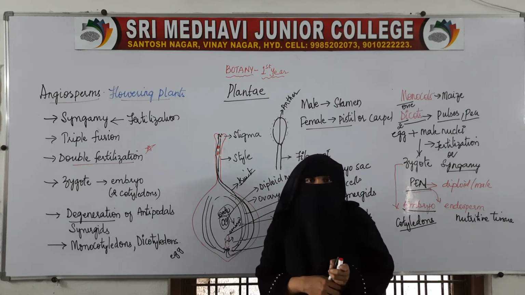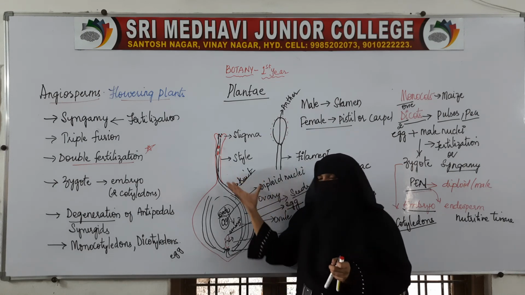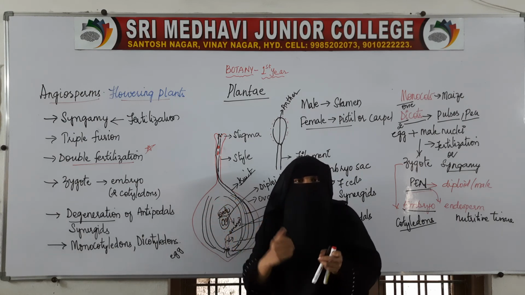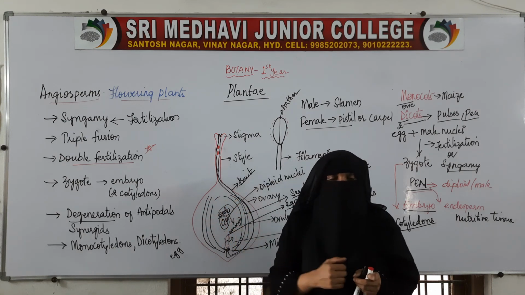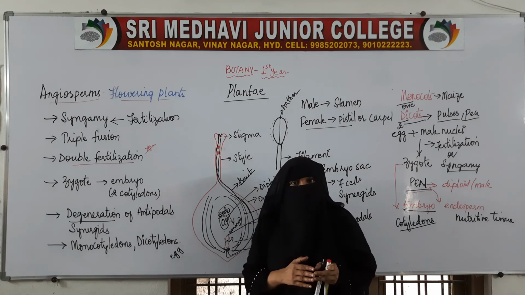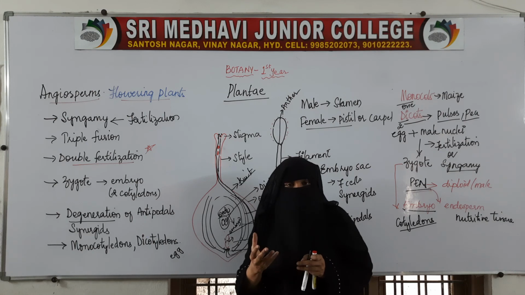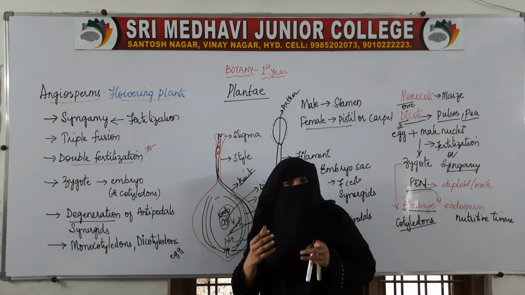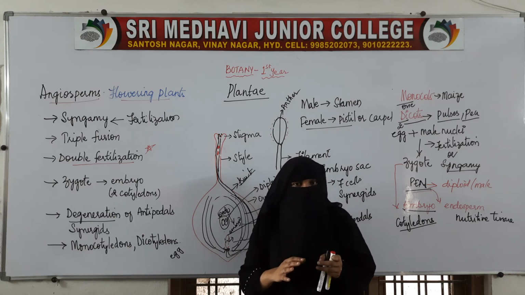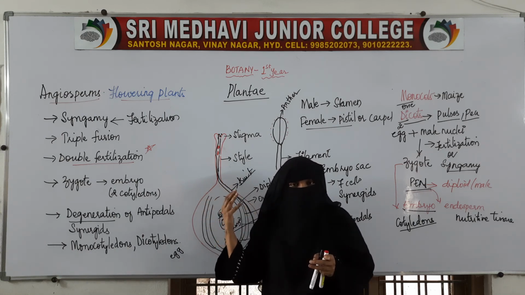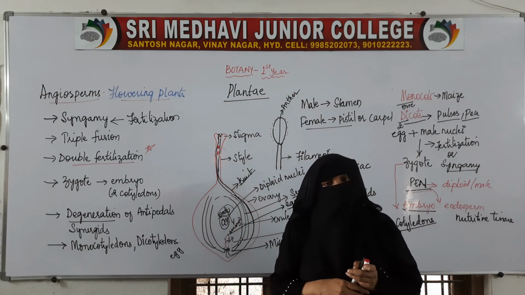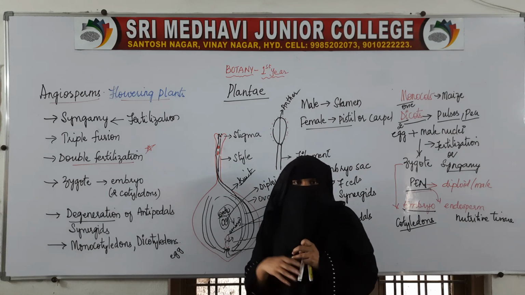Hope it is clear to you. Each and every step of the processes we have told in our introduction to angiosperms will be studied in detail. How roots will work, how roots fix the plant, what types of roots we find, the stem, leaves, everything will be covered in detail. How reproduction takes place we will study in detail, as we have another chapter for reproduction.